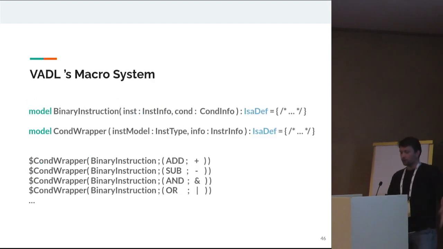Now, how can you call it? Well, you have the binary instruction model we defined before, you have our condition wrapper, and you just call the condition wrapper and give it the binary model as an argument, and then you give it the specific instruction information. And as you can see, we arrived at the same amount of code, but encoded a lot more complexity